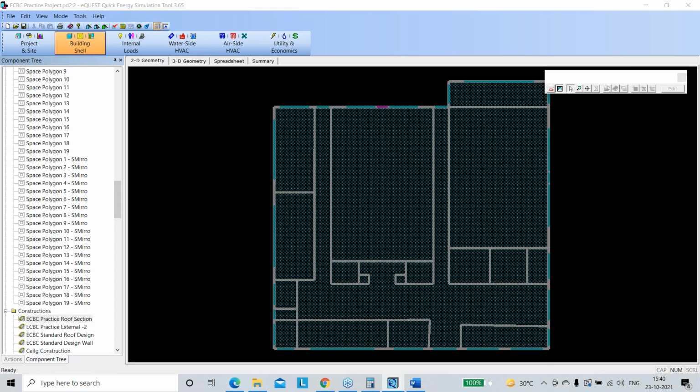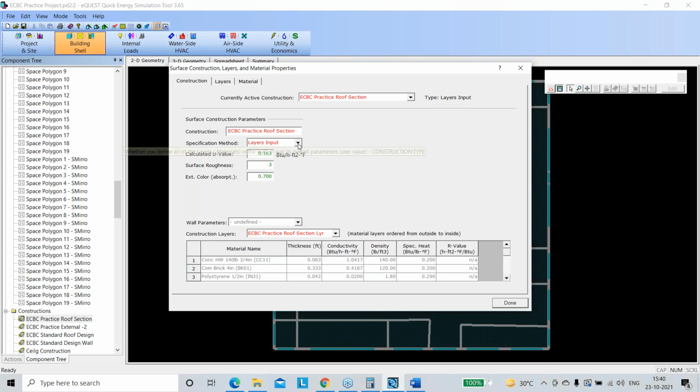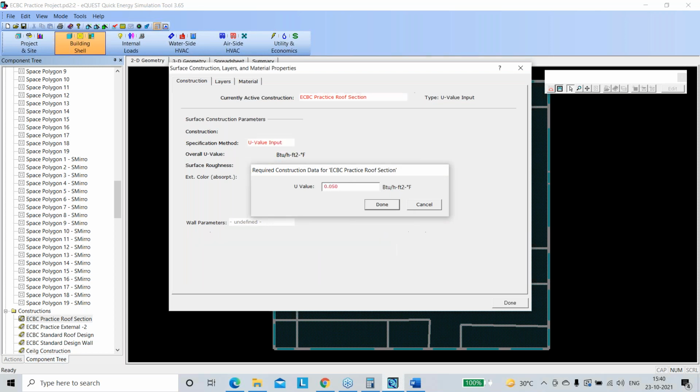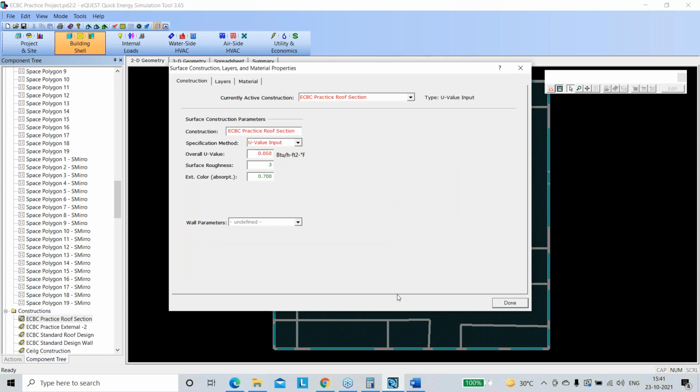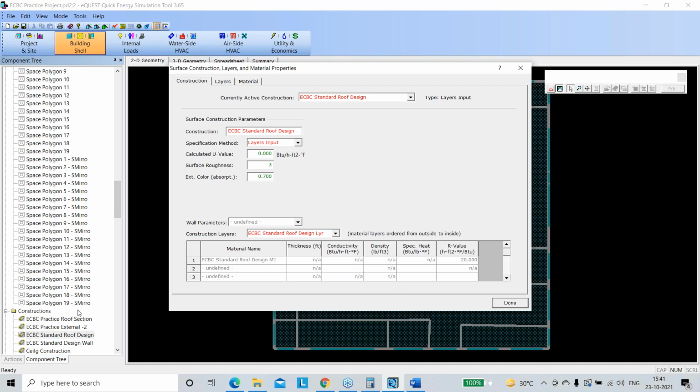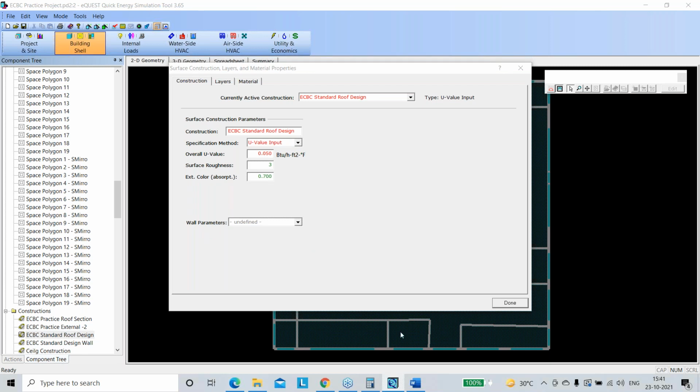In the detailed data edit, I come here and I just have to put roof U value, and it was 0.05 based on my calculations there, and I say done. Then I come to, okay, this was also there. There's another roof, so just change that to roof 0.05,